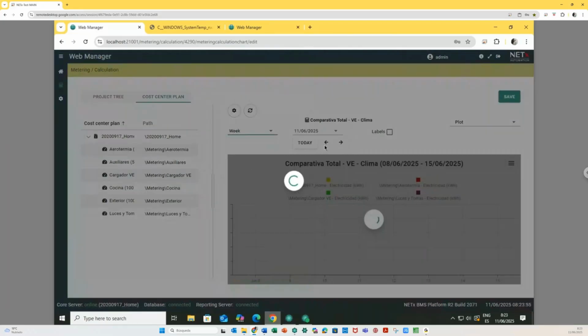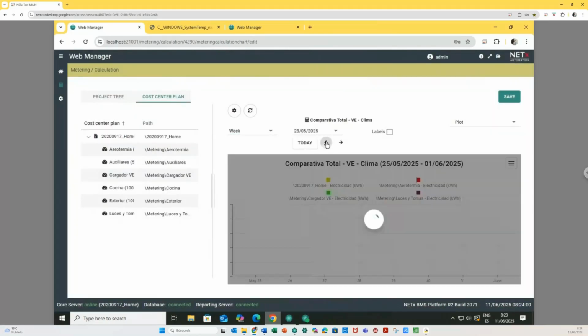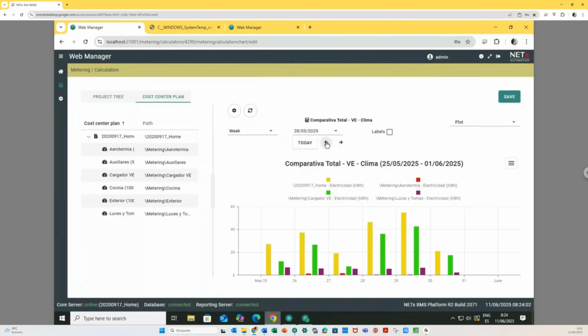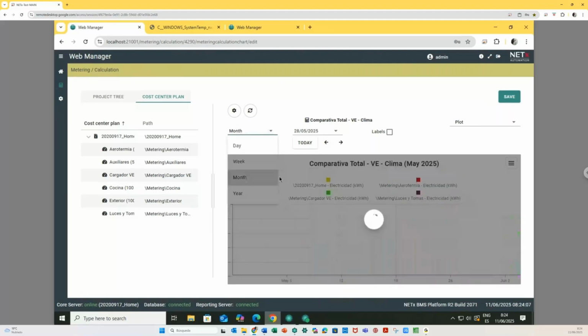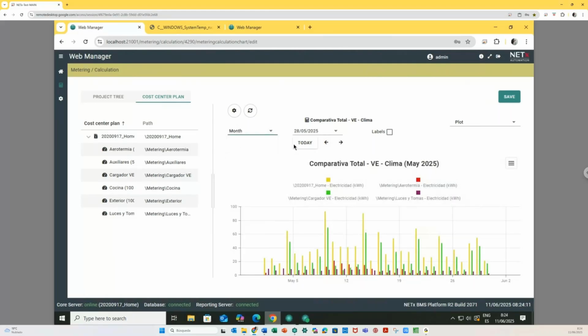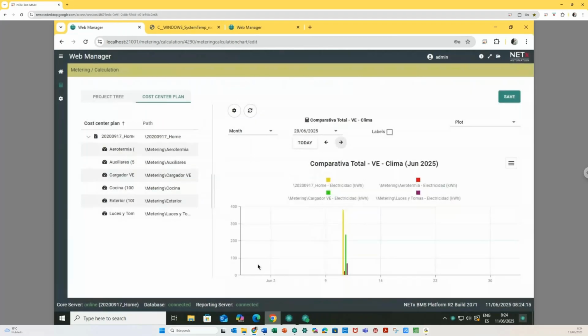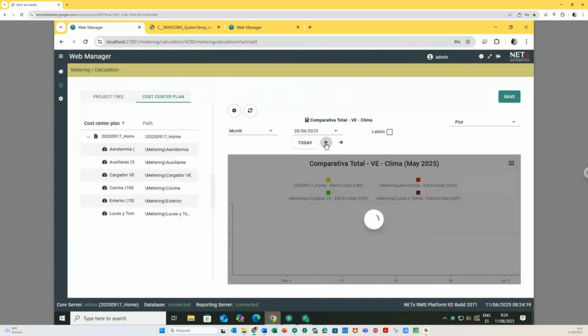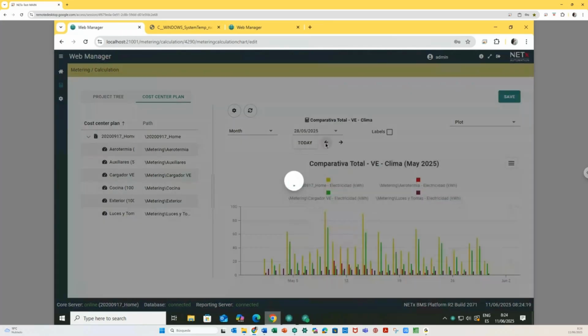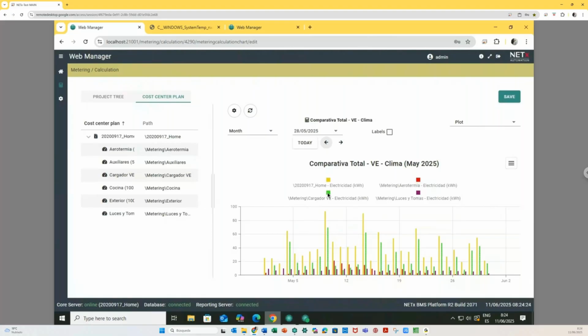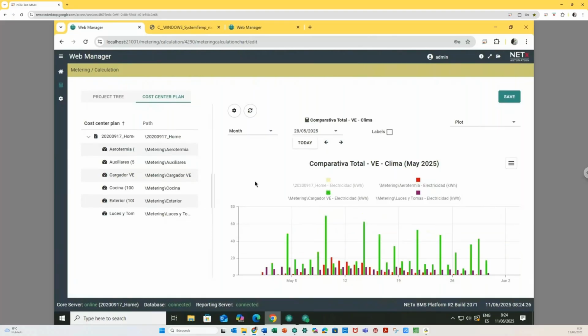See last week, for example, maybe you have more data, no data last week, but 2 weeks ago, yes, we have data from 2 weeks ago. Maybe monthly information. This is May, but in June we don't have so much because all these days the BMS was closed. But you can see that May, for example, has a lot of information, and then dynamically you can say, I'm not interested to see the total, only comparing aerotherm and electrical vehicle, or all aerotherm, show me this, and then you can